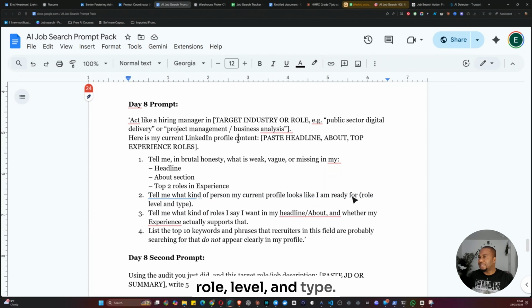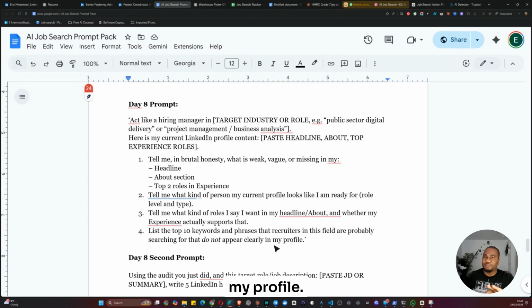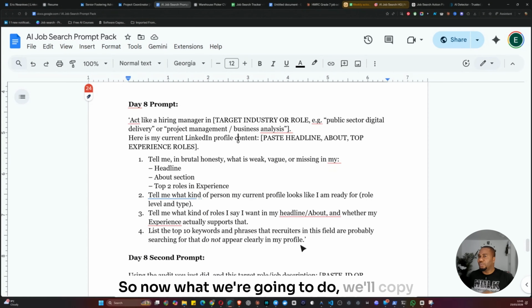Role, level, and type. Tell me what kind of roles I say I want in my headline and about, and whether my experience actually supports that. List the top 10 keywords and phrases that recruiters in this field are probably searching for that do not appear clearly in my profile. So now, what we're going to do, we'll copy this